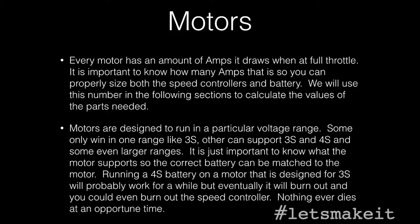Typically, the lower the kV, the more amps it will draw, because it's a lot bigger motor. It has a lot bigger coils in it, and it spins a lot slower, but has a lot more torque. And the smaller 2300 or 2100 kV motors are much smaller and draw a lot less amperage. So we do have to figure out what the amps is, and I have found it sometimes difficult to find out what the draw is on a motor when you get it. Particularly ones you get off Amazon,